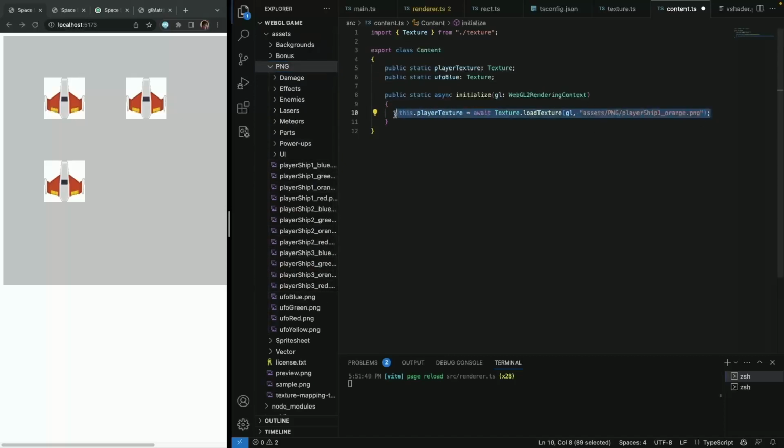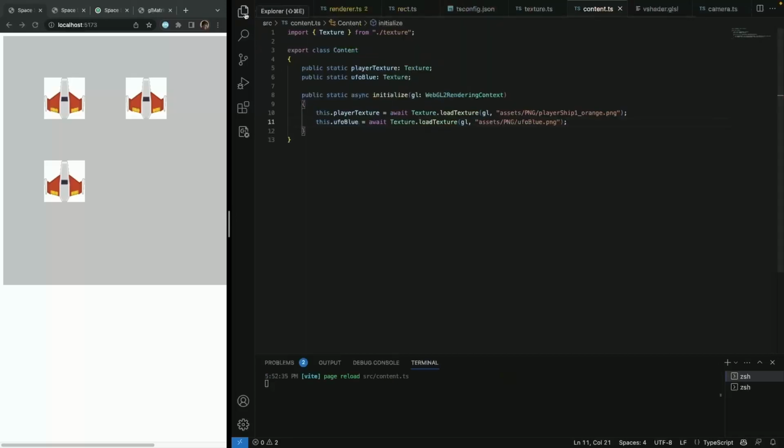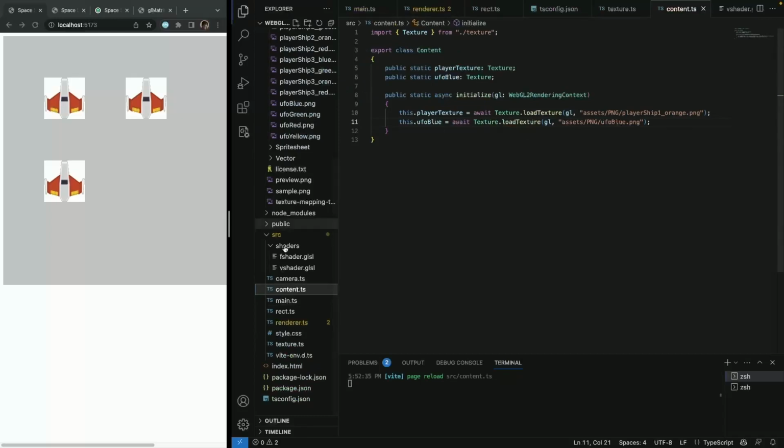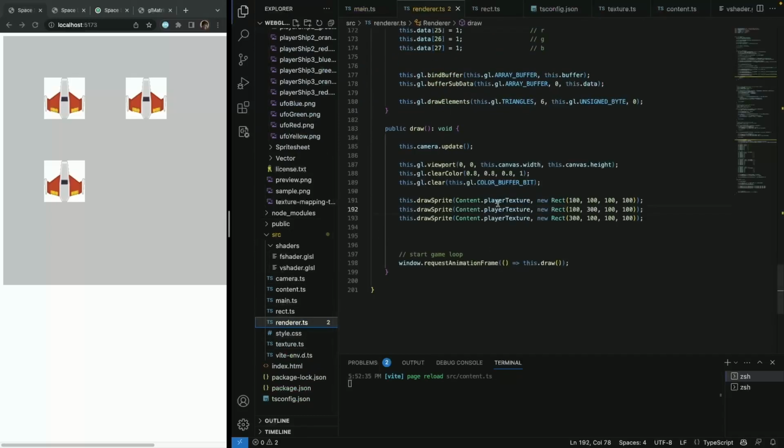So we can just copy here. Or we can say here UFO blue. And we can say here UFO blue. So you'll see how easy it is with this refactoring to add new stuff. We can just specify it here, and then instead of this here, we can use UFO blue and here as well. And it doesn't work because